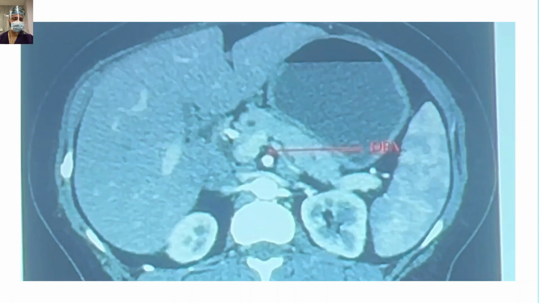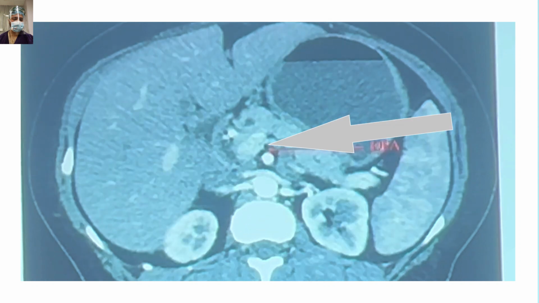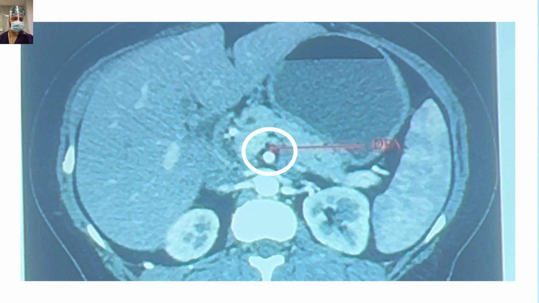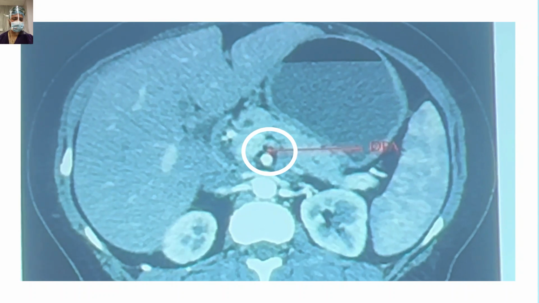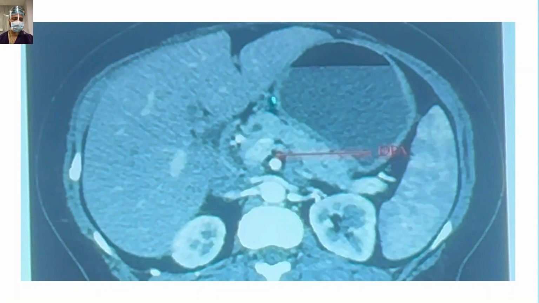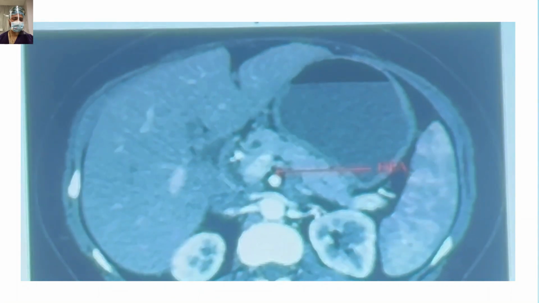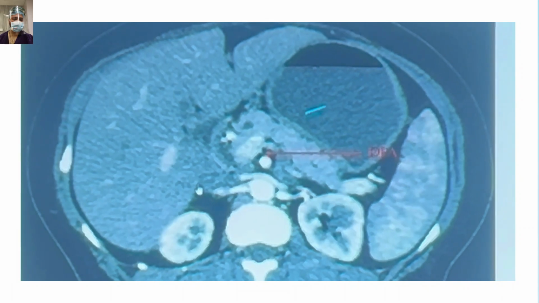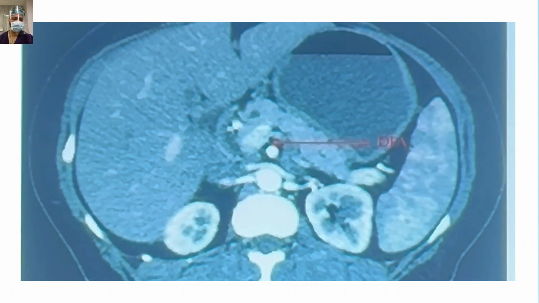The next thing that you have to analyze is this dorsal pancreatic artery. It is originating from the SMA and moving towards the head of the pancreas, and this will be encountered during the surgery while doing the uncinate first approach. Again, you have to remember this anatomy is variable, and the dorsal pancreatic artery here is arising from the SMA